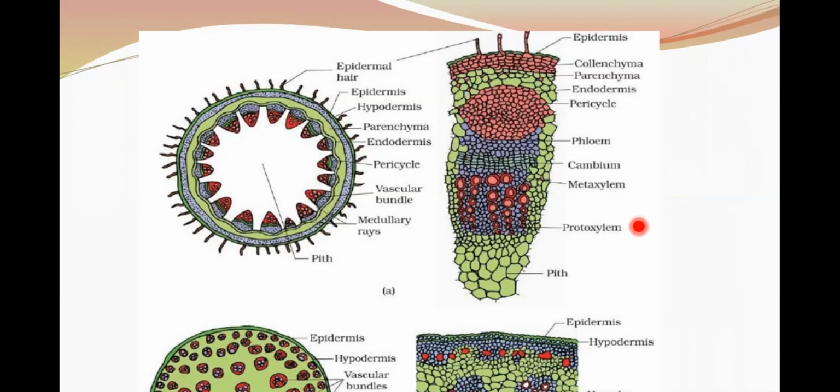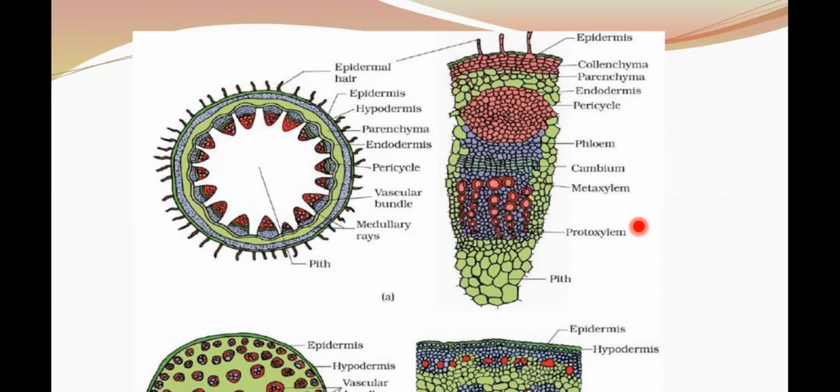Okay, and this innermost layer is called again endodermis. Endodermal cells are rich in starch, and there is a presence of starch sheath, which is very important. Okay, and pericycle is present next to the endodermis, usually located above the phloem, in the form of semi-lunar patches. This is important with respect to dicot stem: there is presence of semilunar patches of sclerenchyma, which is very important. And there is presence of medullary rays.